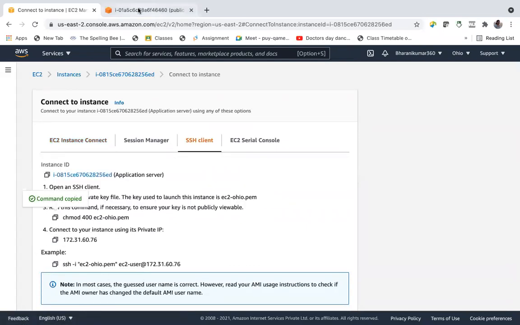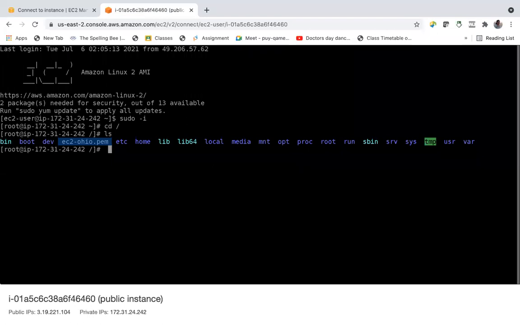First chmod. Okay, we cannot copy here. chmod 400, then the EC2 key pair, this is my key pair, right? Dot pem.